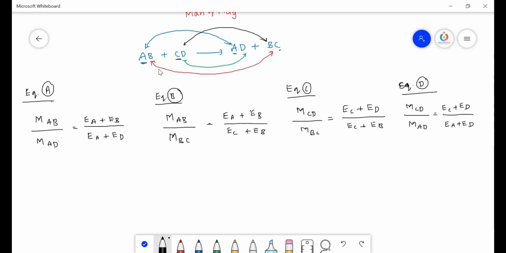So in these reactions, whenever you want to know a particular element's equivalent mass, you have to relate the two compounds. The equivalent mass of the other element in those compounds you must know, then only it is possible to solve the questions. So this is one of the better examples for understanding how to calculate equivalent masses and their respective different methods.